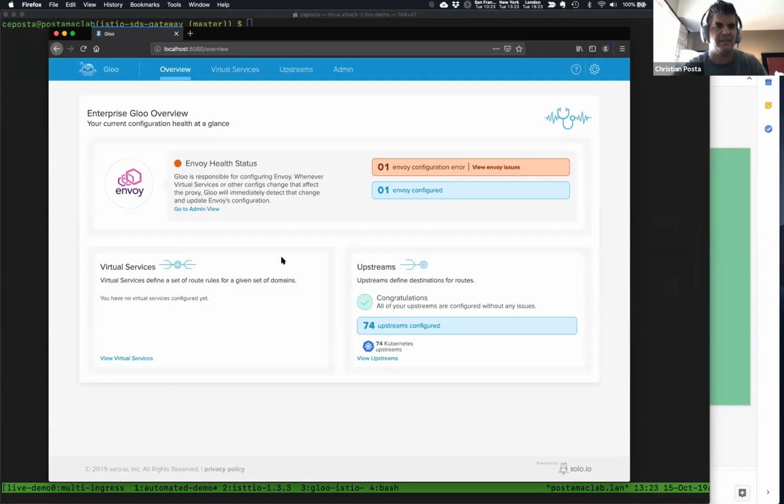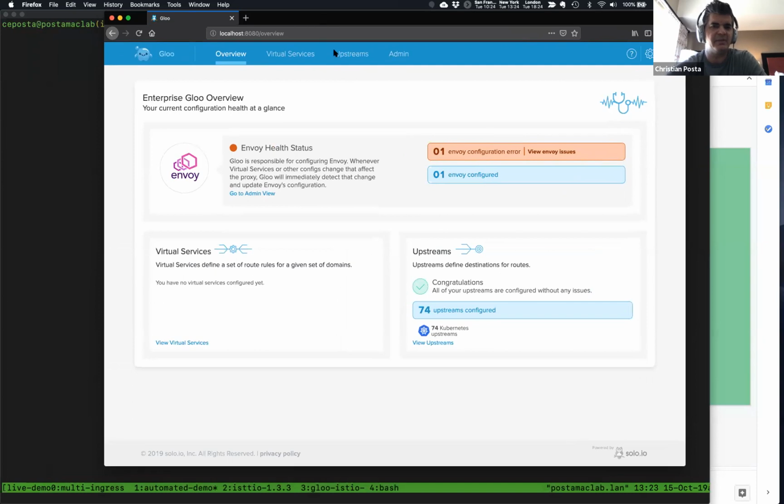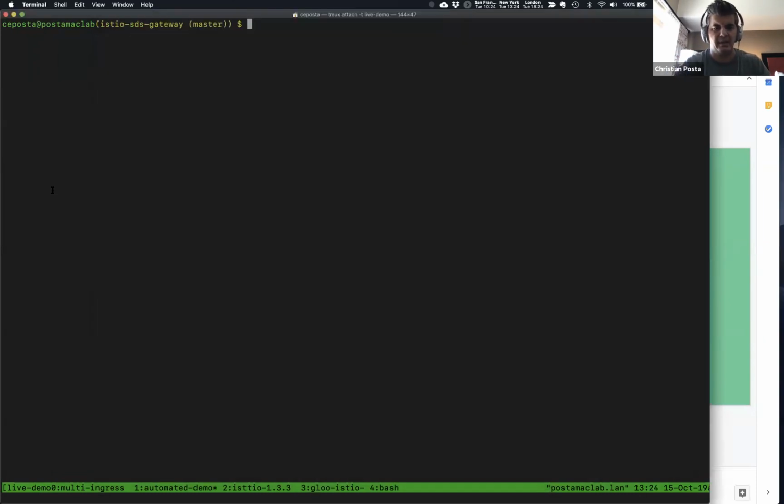Gloo Edge Gateway has a nice UI for creating new APIs, for configuring routing rules and so forth. We can see here we have a negative status or bad status here with the Envoy proxy that we're using for our gateway. And the reason for that is because we don't have any routing rules set up yet. So let's go ahead and set up a quick routing rule. If we come here,